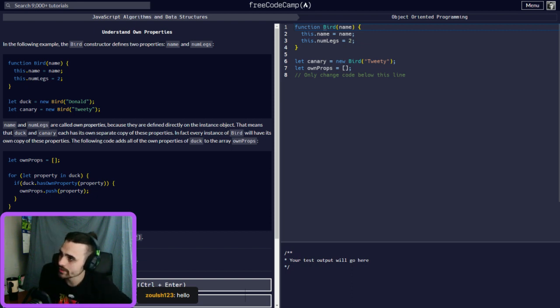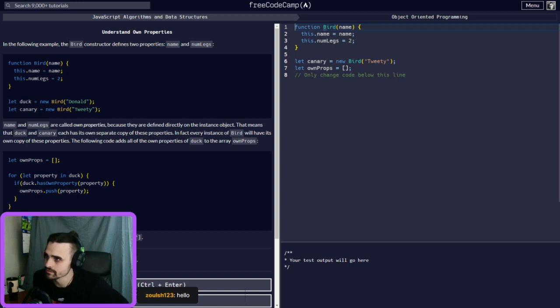So name and numLegs are called own properties because they are defined directly on the instance object. That means that duck and canary each have their own separate copy of these properties. In fact, every instance of Bird will have its own copy. That's a given. You're making essential copies of these. The following code adds all the...